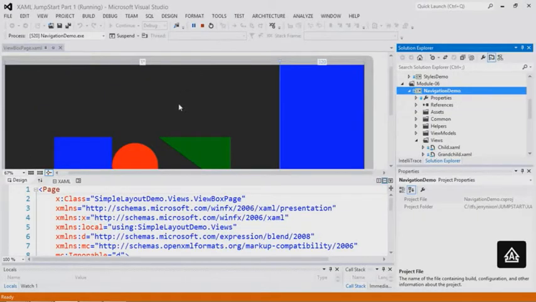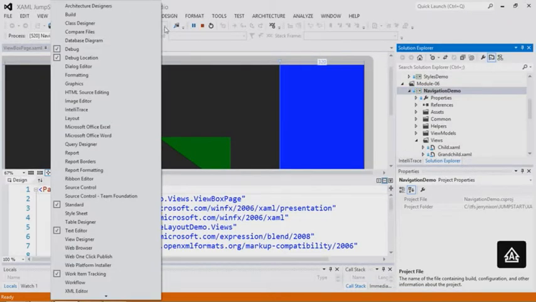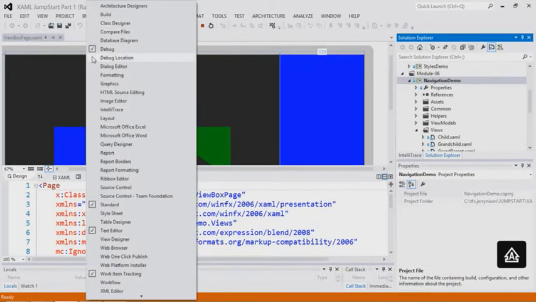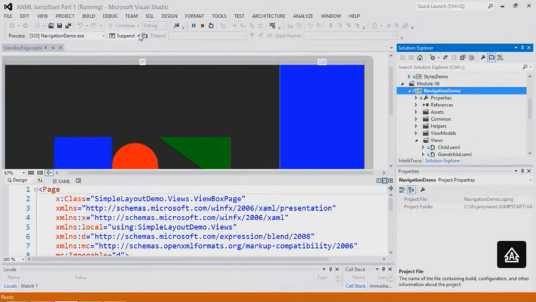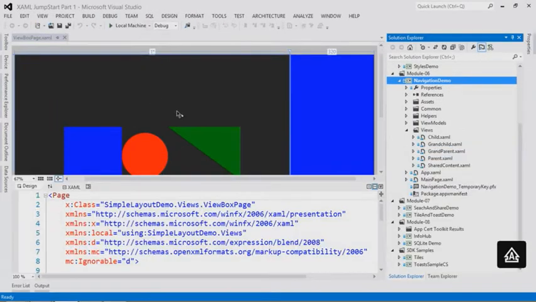So here I am. Somebody asked earlier, how did I get this command bar right here? This is where the suspend is. Remember, I right-click on the command bars here and I select debug location. Without it, it's not there. Now I add debug location. Now it is there. And I can drop down here, say suspend and shut down. It does. The application's not running anymore. Now if I run it again,